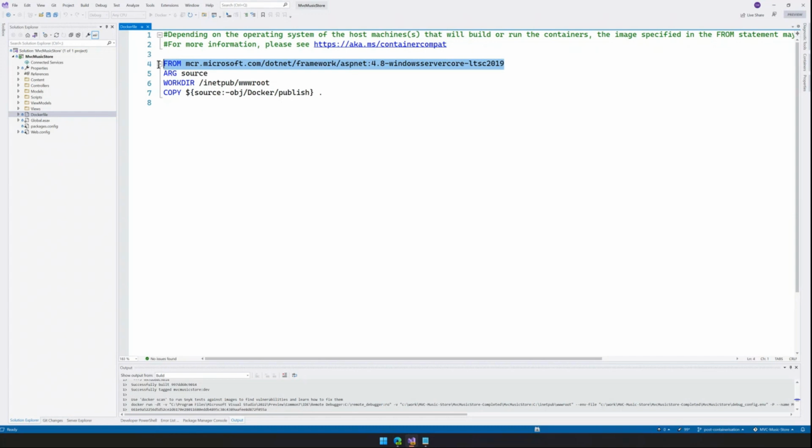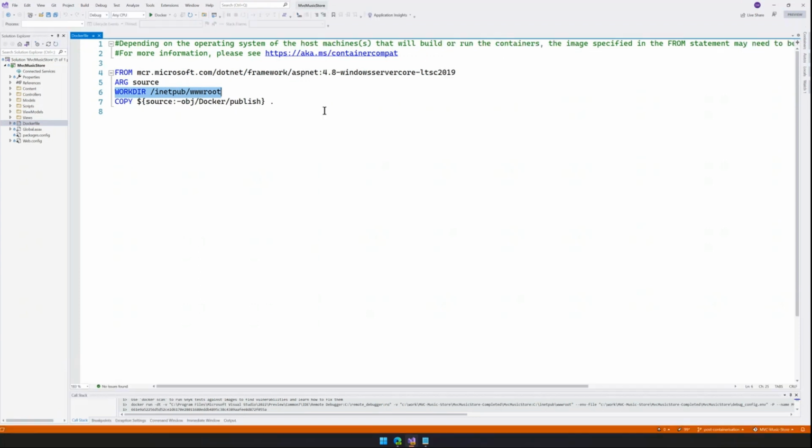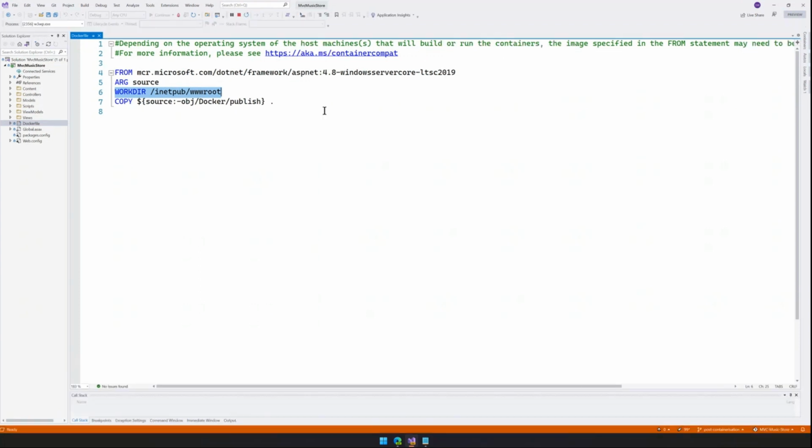Obviously, you need to make sure that you're covered from a licensing perspective for the Windows Server instances that you're using. But in terms of being able to pull the image, we don't require you to log in and do a licensing check before you do that. So even developers could quickly get up and running. We've got a workdir, which is inetpub wwwroot. If you've used IIS for any period of time, that will look very familiar.